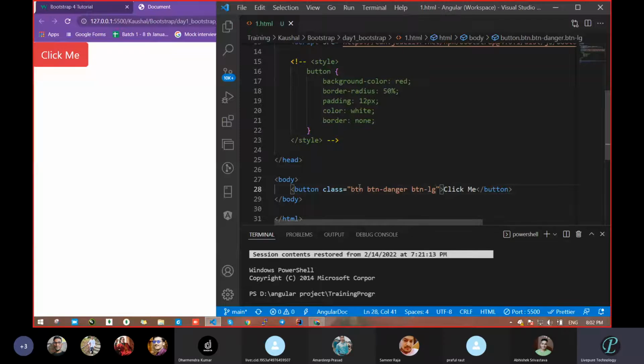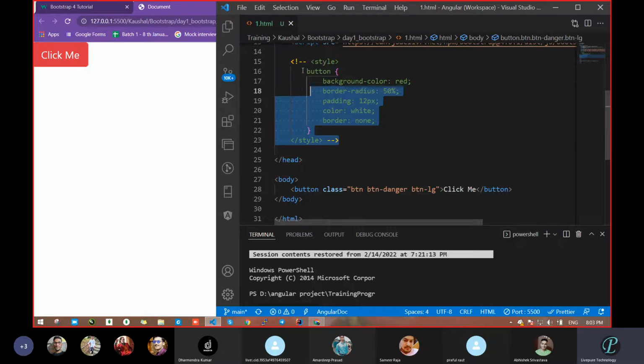Now, whatever we had told, that it's saving time and lines of code, less line of code execution, all these things we're going to prove now. Suppose you have to do the same thing with the help of CSS, how many lines of code will be required at least? Four or five, at least five lines. Correct. So we saved with just one line of code, just a few class names, two or three. With the help of that, we got that effect. Clear? So it saved our time, because within seconds we had written that.